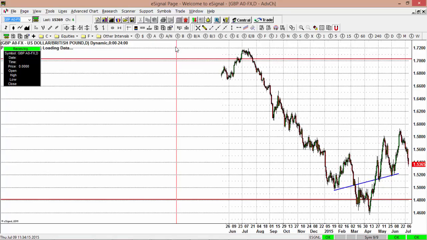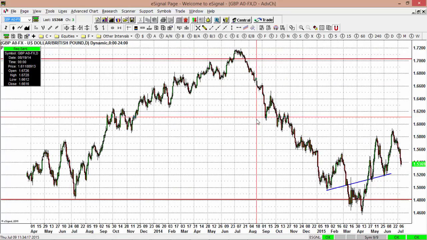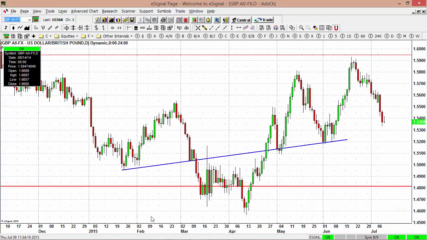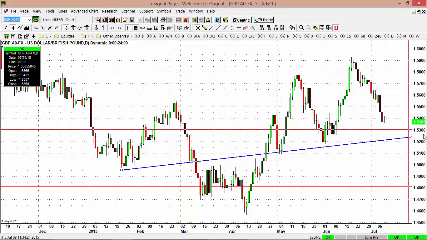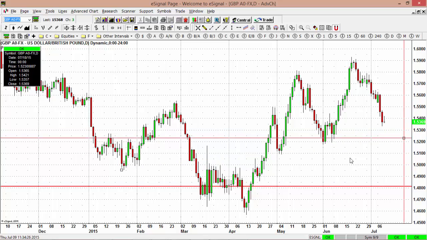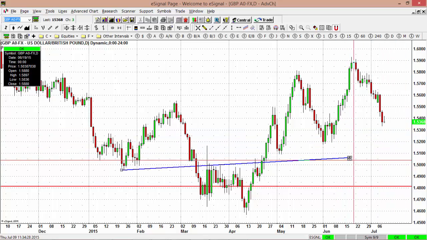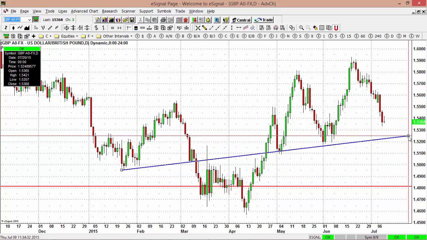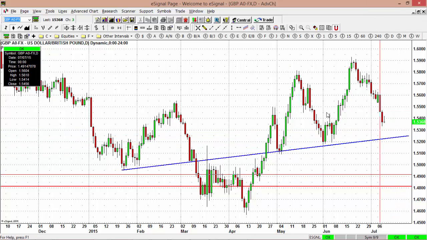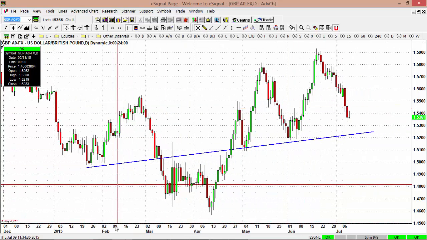Okay, finally, let's take a look at the British pound, and it's still pulling back, and the market still has not reached this neckline that we have been speaking about over the last couple of weeks. You see the neckline here. This market still has not reached this neckline, and we're going to wait and see how the market reacts around